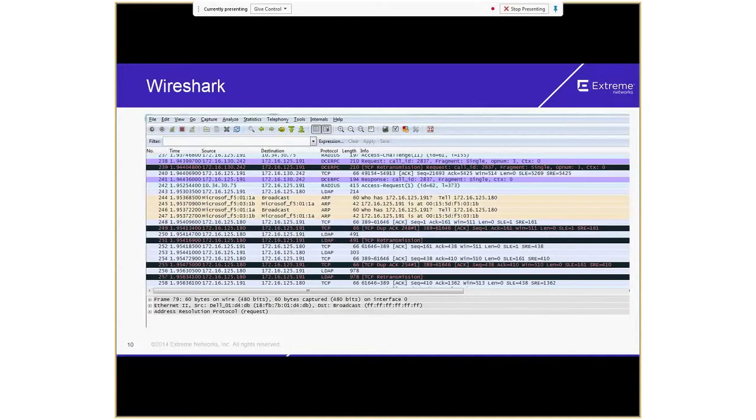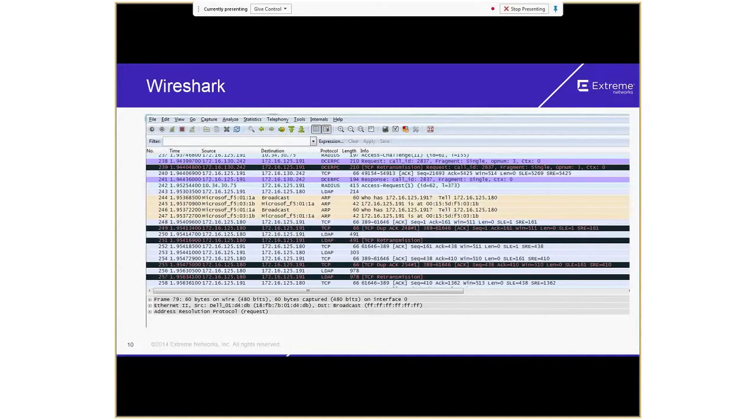If you look on the top here, it gives number, time, source, destination, protocol, length, info. That is where you have information about the captures.